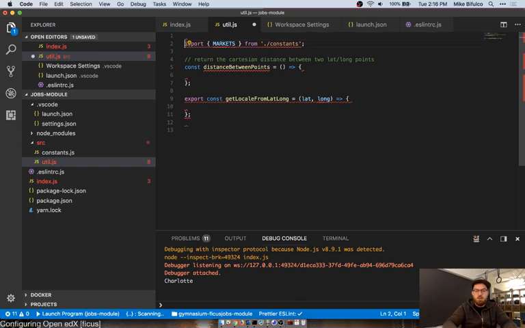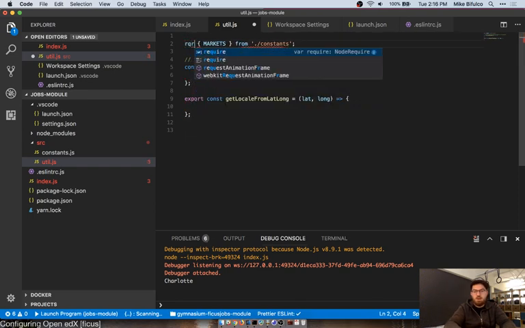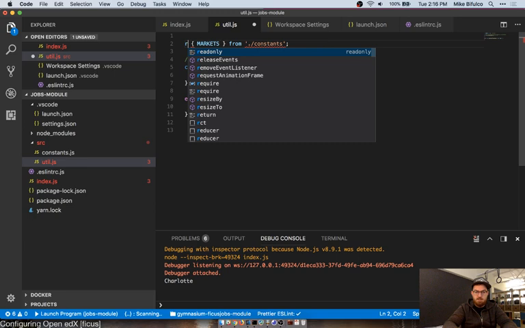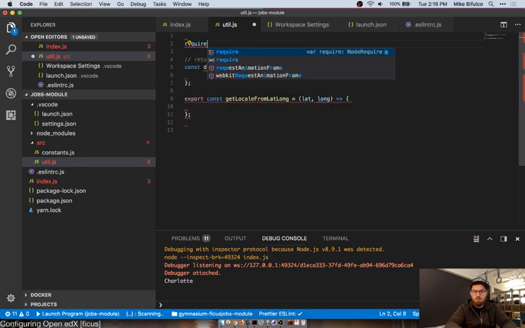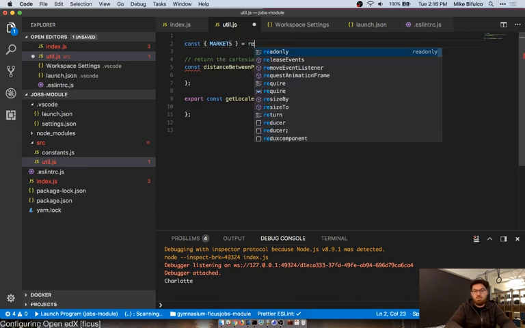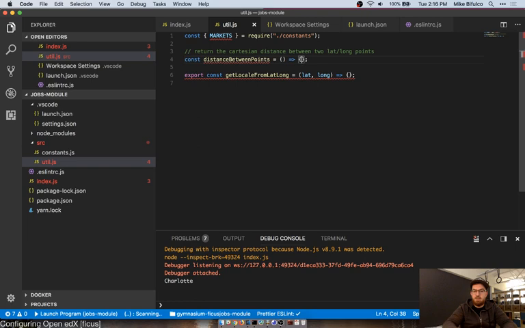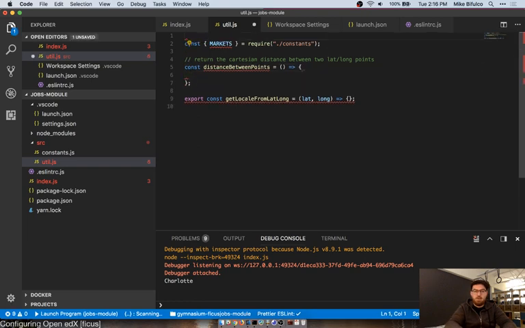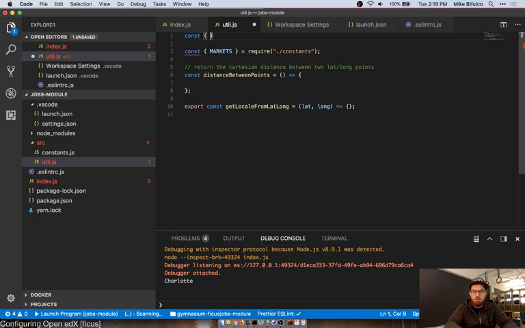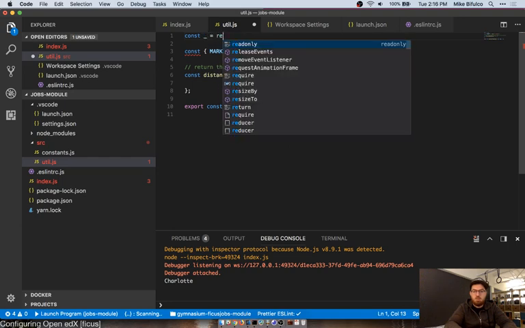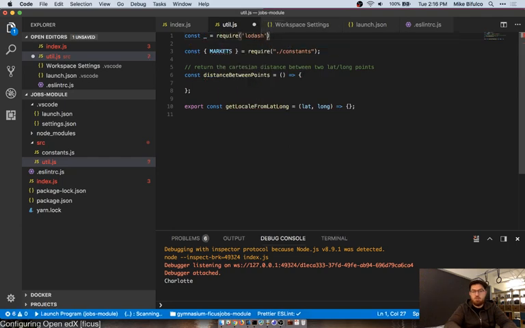We're going to need, oops, I can't use that. Let's see. Okay, I need these markets. That's all well and good. I'm also going to need lodash, so require both of those things.